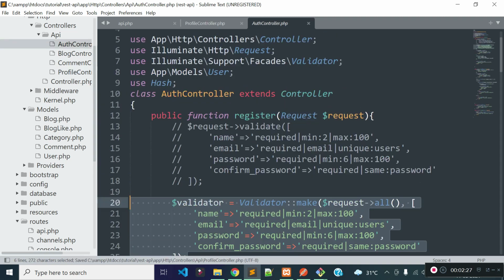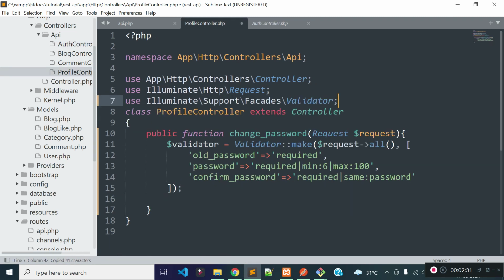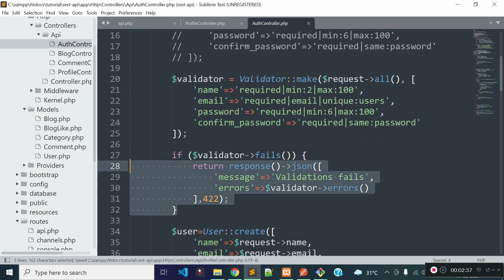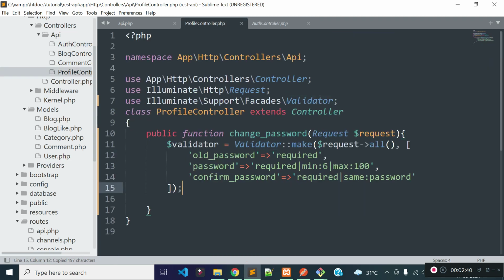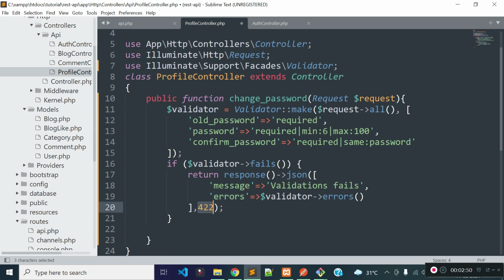Let's import Validator facade at the top of our ProfileController because we are using this Validator facade, and then I'll check if validation fails, then I'll return a JSON response with message validation fails, and I will also pass the error messages to this errors key, and the status code will be 422.